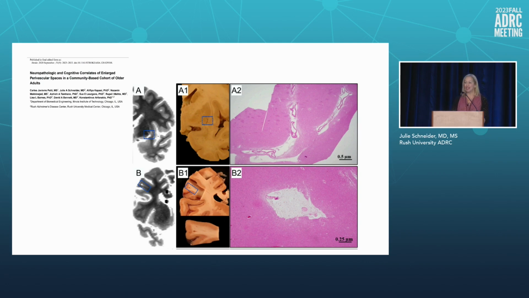And you can have cases, as you know, as the neuropathologists know, which have very severe enlarged perivascular spaces. And they kind of all look different, and they never look like they'd be healthy for your brain to have them. In addition to that, surrounding these enlarged perivascular spaces, as most of you know, there's often tissue rarefaction that